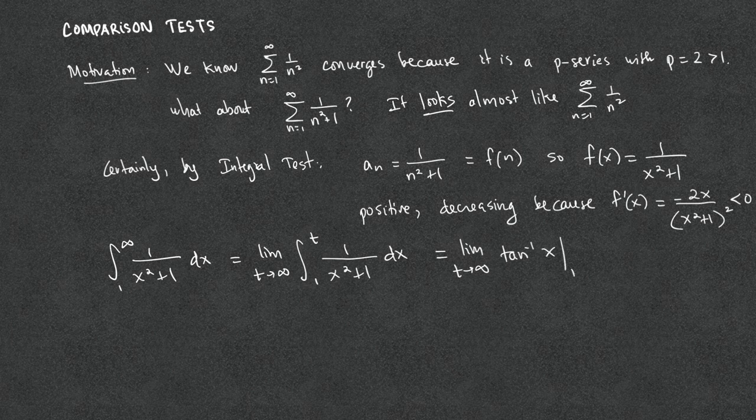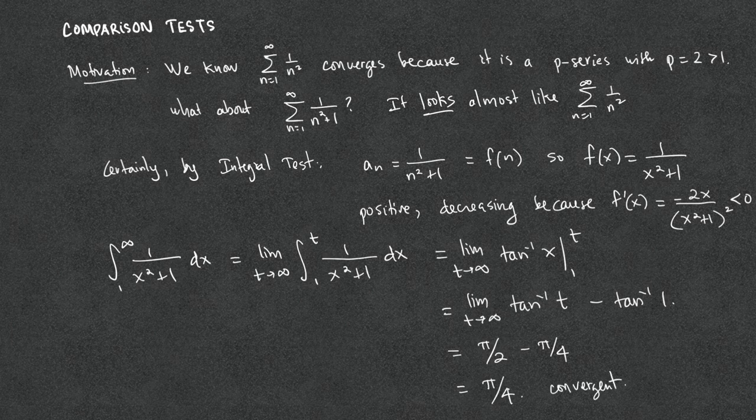The antiderivative of 1 over x squared plus 1 is tangent inverse of x. We plug in t and 1. We see that this is pi over 2 minus pi over 4, and so it is pi over 4, which is convergent. And so by the integral test, the series 1 over n squared plus 1 also converges. And so if we were to guess that this series converges by looking at the p-series, our guess would have